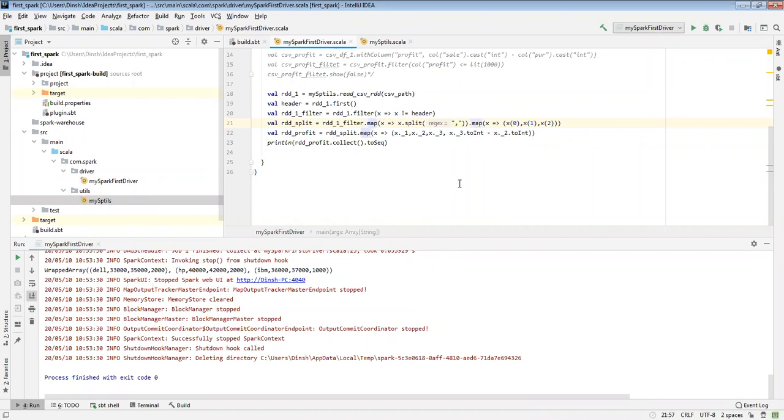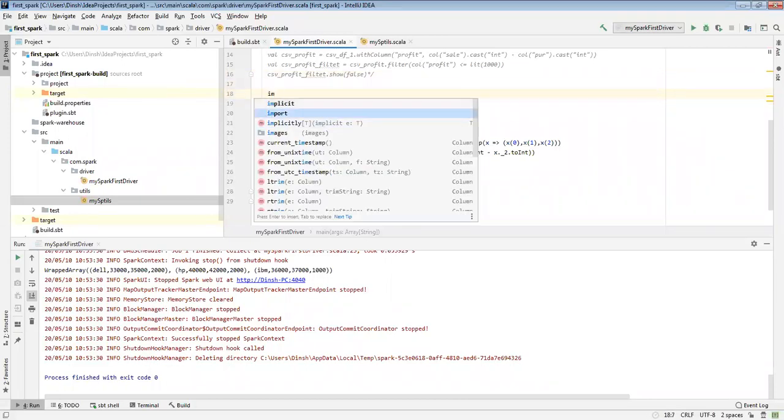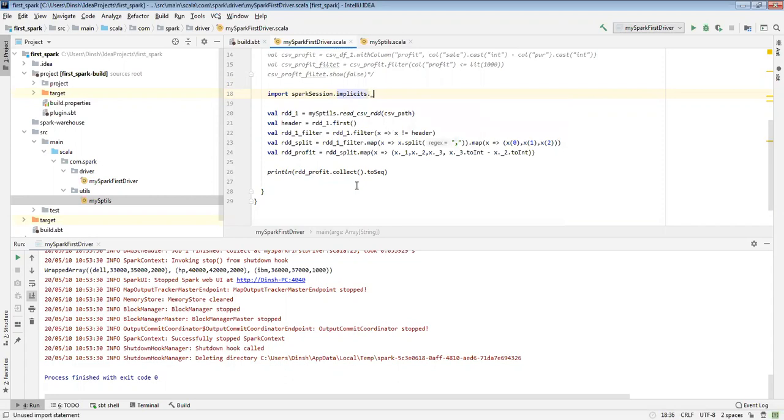Okay. So now, how to convert this RDD into the data frame. Now I'll show that to convert these into the data frame. Here I want to do the implicit import, implicits, to convert.